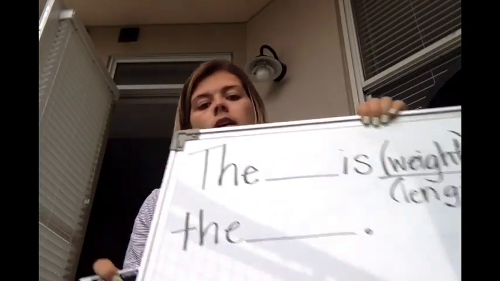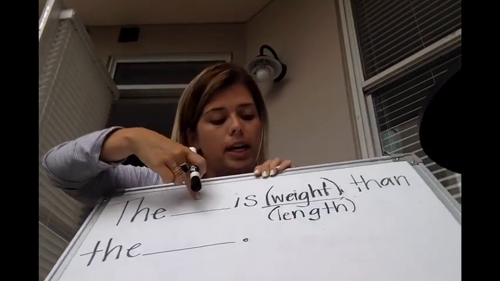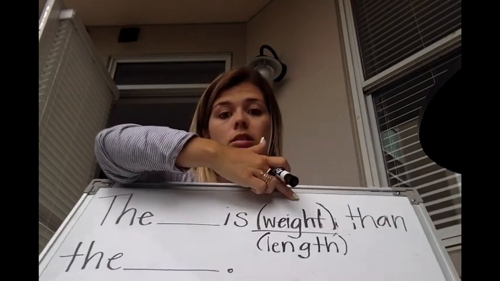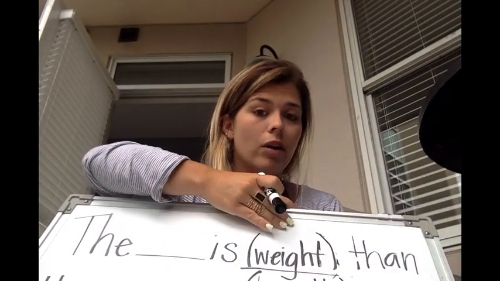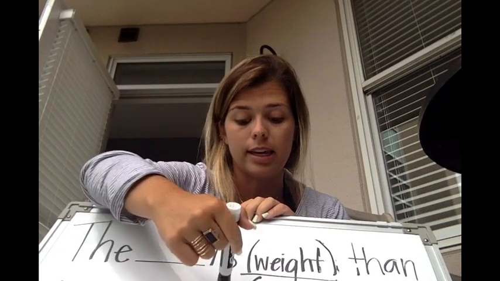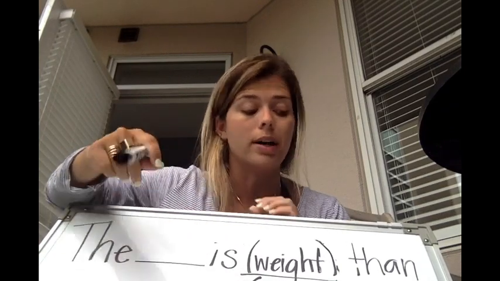So then, you're going to write a sentence. And it's going to look like this. I got a little erase from Boo's paw. Okay. It says the blank is, tell me what the height is, either heavier or lighter than whatever the other toy was, okay? So,